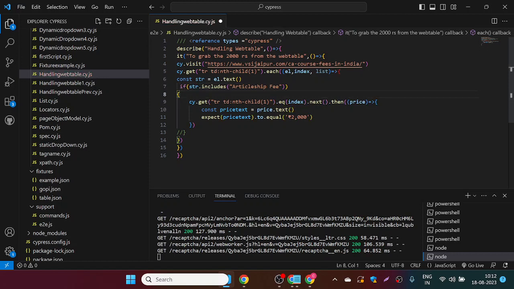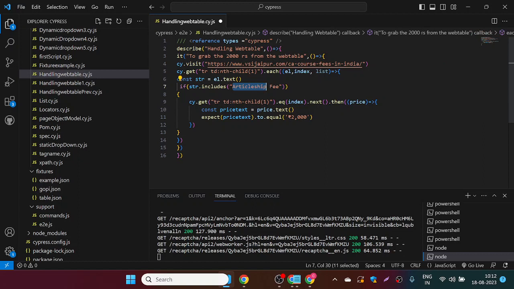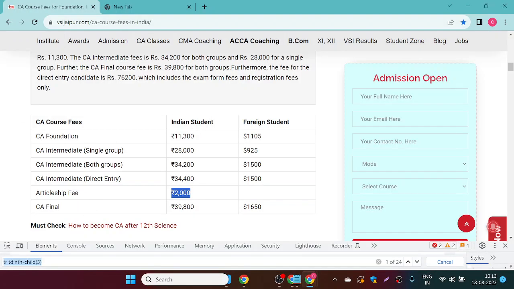Now see here. When this element is converted into text, you get all the fields in it, and we're assigning this to str. And in the str, we are checking whether it includes article fee ship. If it is there, then we come to this line number 9. Now the question is, we have already used this TR, TD, so why do we use it again? Correct? Basically, for every element we have only this one